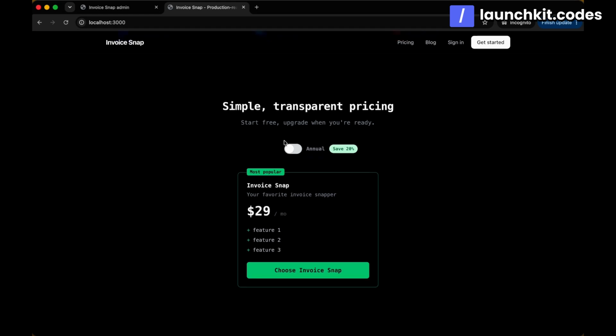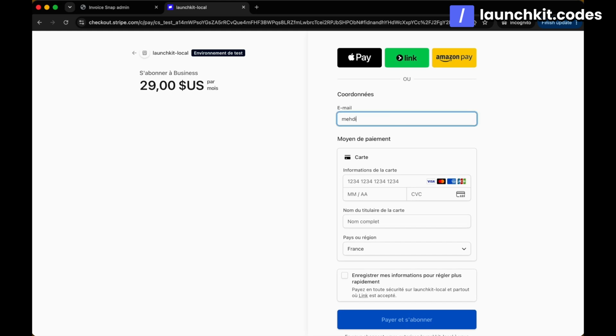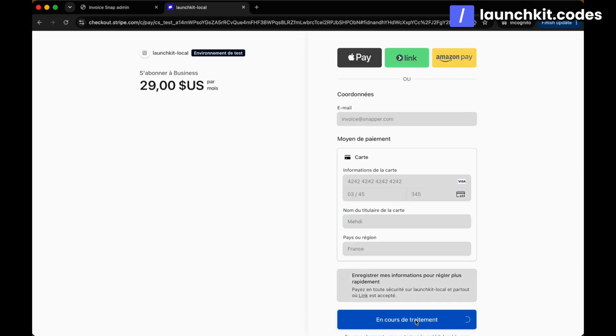Then, on the landing page, you can switch from monthly to yearly pricing using the toggle button. Okay, now that Stripe has been configured in development, let's initiate the checkout session. Firstly, we fill in the mandatory information with the test cards provided by Stripe, and then we finalize the checkout